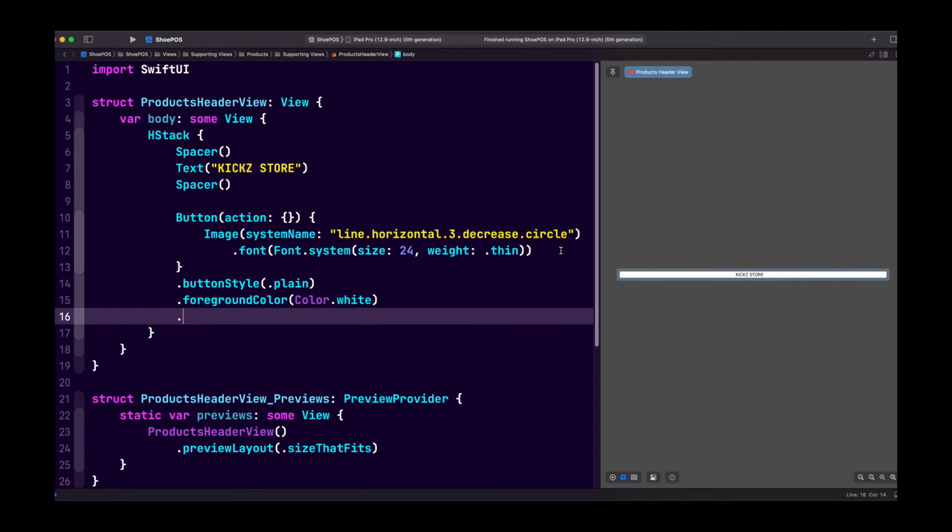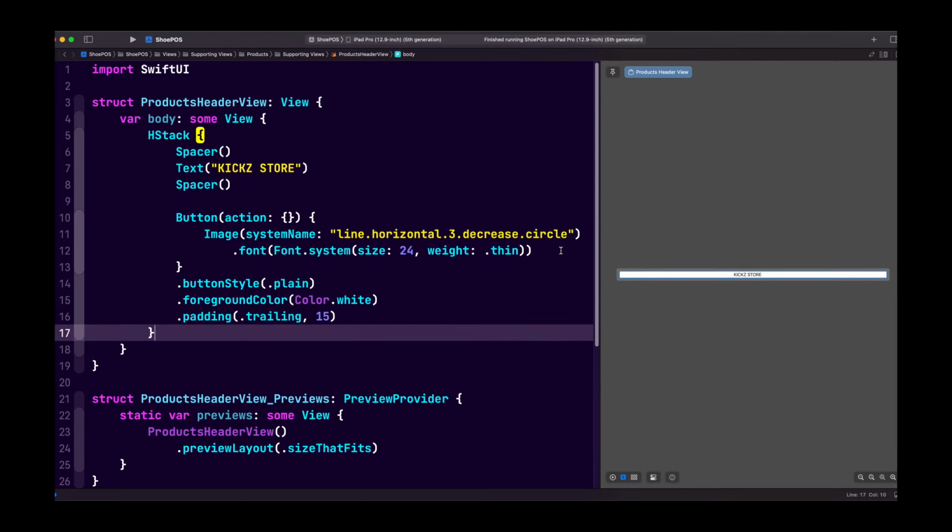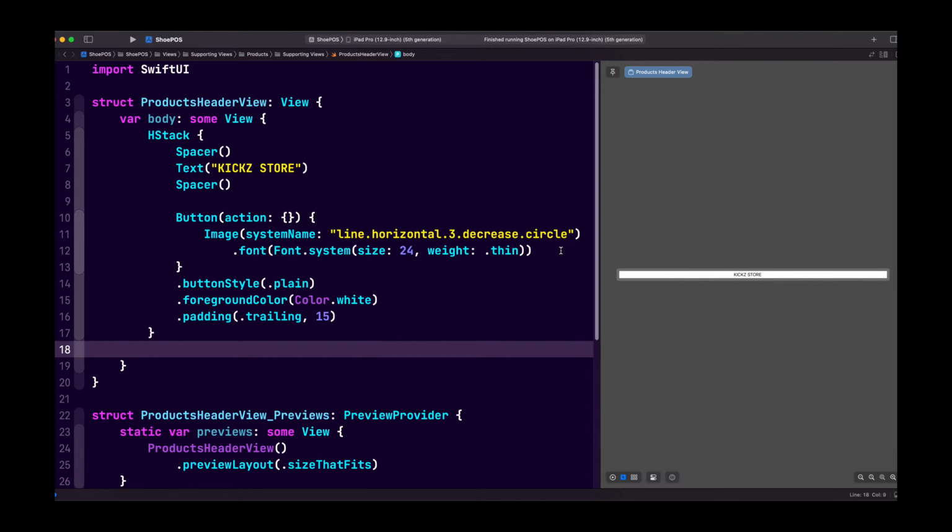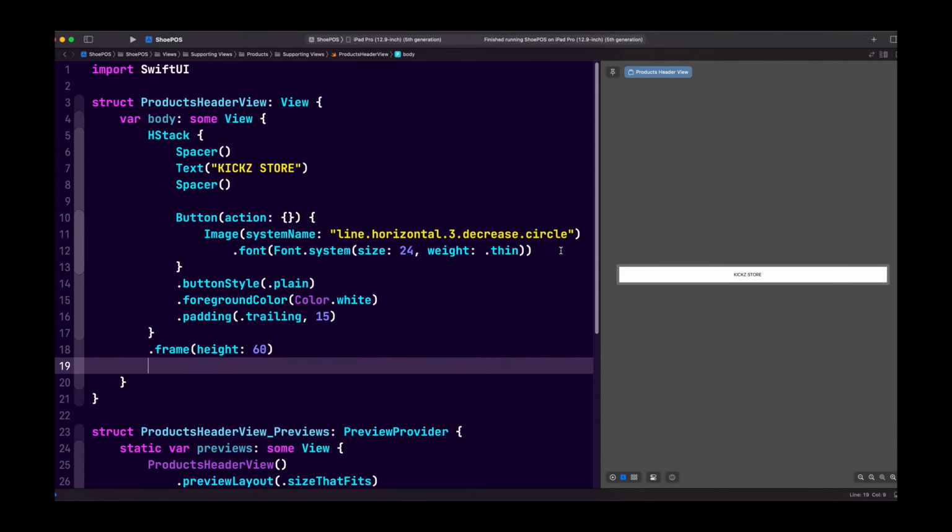And then finally, we'll do some padding since it's right on the edge. So .trailing, 15. And now here we want to give it a height. We want to give it a background color, and we're going to give it a border as well. So the first thing we're going to do is a frame, and we're going to say that the height is 60. Then we're going to do background color